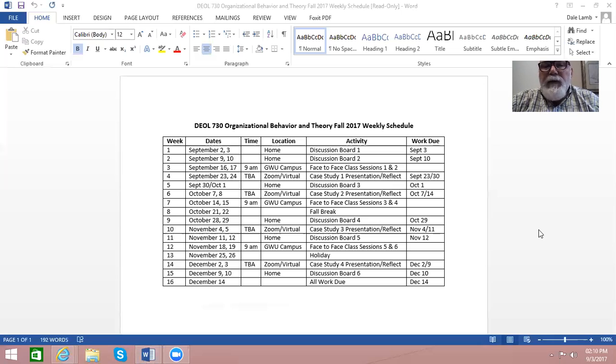Both days I do breakfast. Those days I bring biscuits and pastries and coffee and juice and things, and so we'll have breakfast. And so you want to get there a little bit early. I normally have everything up and running by about 8:30, and then try to get started promptly at 9 o'clock. So I normally show up at 8 on those mornings, get everything set up, get the coffee brewing, doing all those things, and then